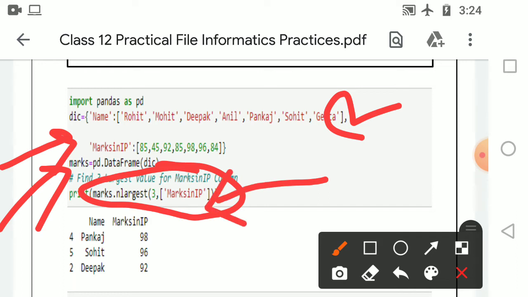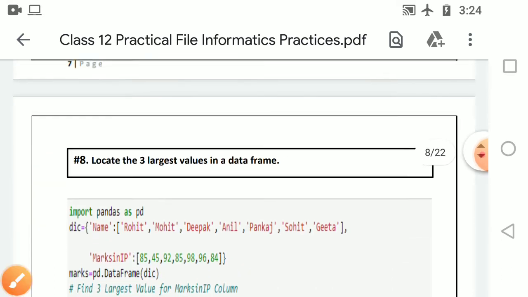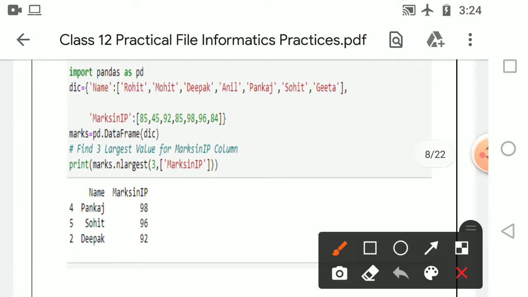Here the column specified is marks in IP, and 3 is the number of rows that you need. I told you we need 3 largest values, so we are taking 3 here.